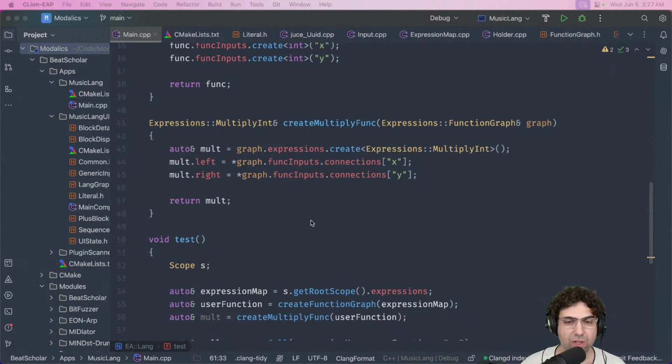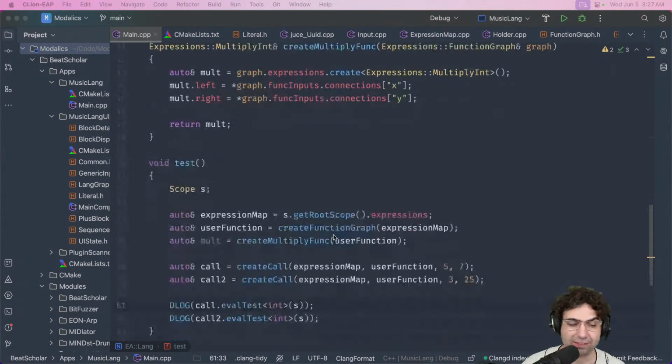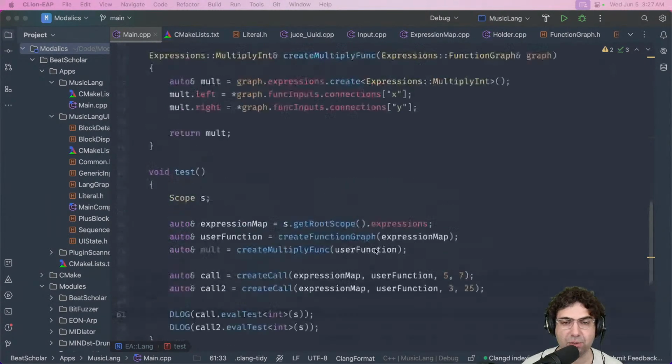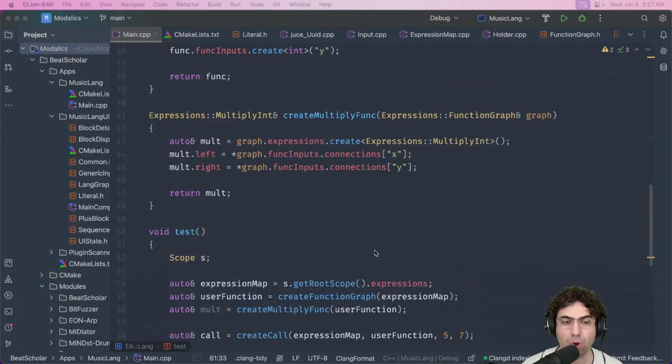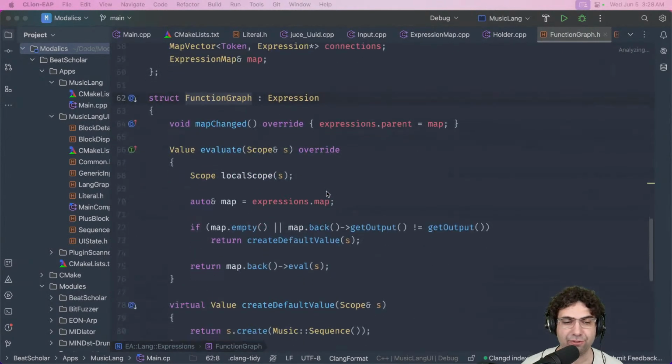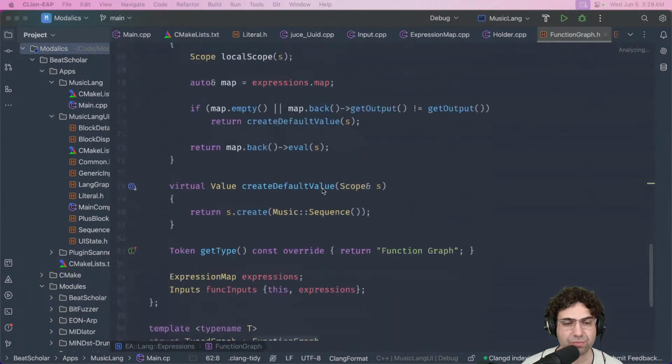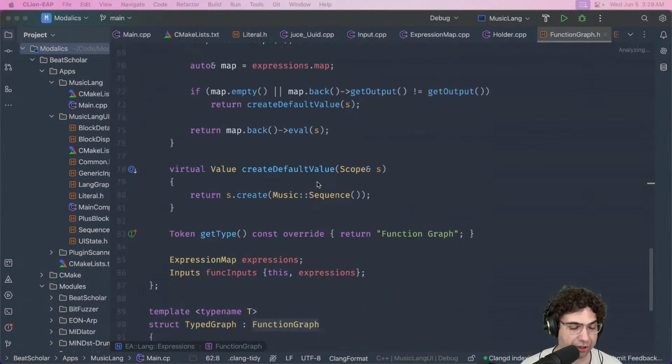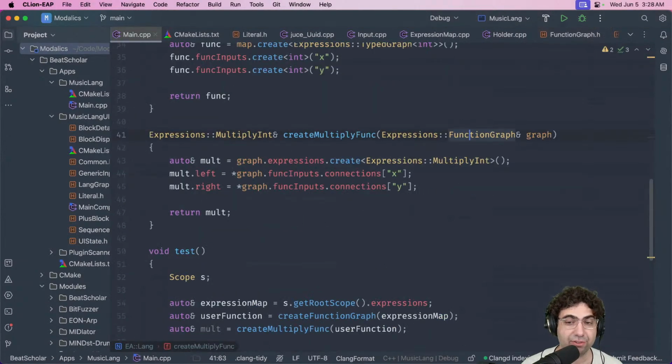All right. So here's where I am right now. The last thing I did in one of the previous streams, for those who have not seen it, is that I was trying to create a concept of a function call. A function call means that there's a graph. I call it a function graph, which is more like the definition of the function. It's a class that means that you can chain a few things together and it will return the result of the last thing in the function.